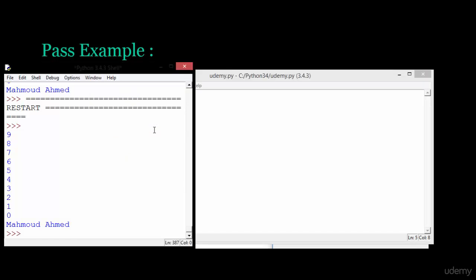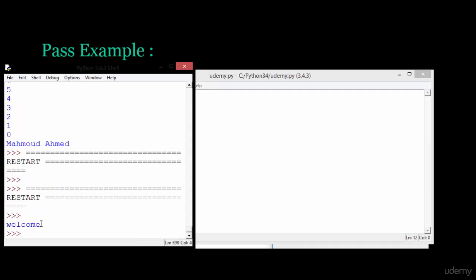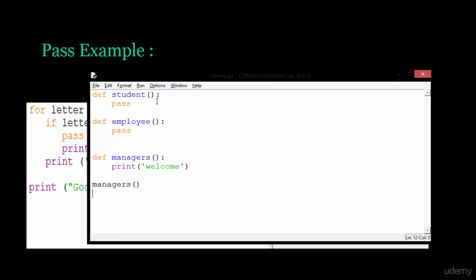Now we can run our code to see our functions here. I can use this function here to print welcome. Okay, remember I'll use the pass statement only in some projects where the syntax needs this word here to work correctly. Okay,